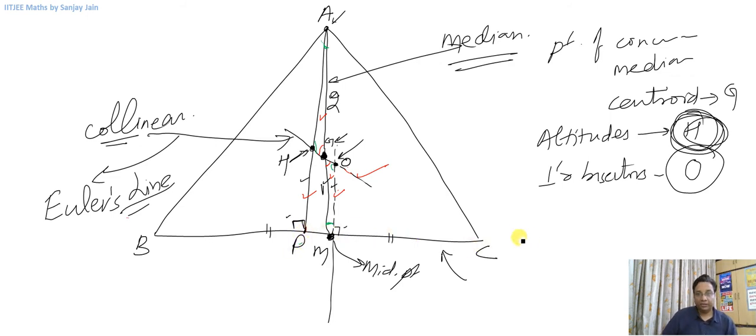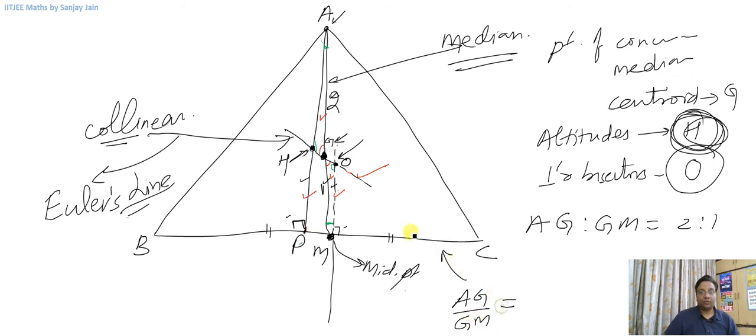Okay. So if I ask you what is AG is to GM, you can say it is 2:1 because we know it already. Now AG by GM is also equal to HG by GO, because of the similarity of these two triangles, right? So the ratio of corresponding sides is equal, and it is equal to 2:1. So you can say that if I draw this line,